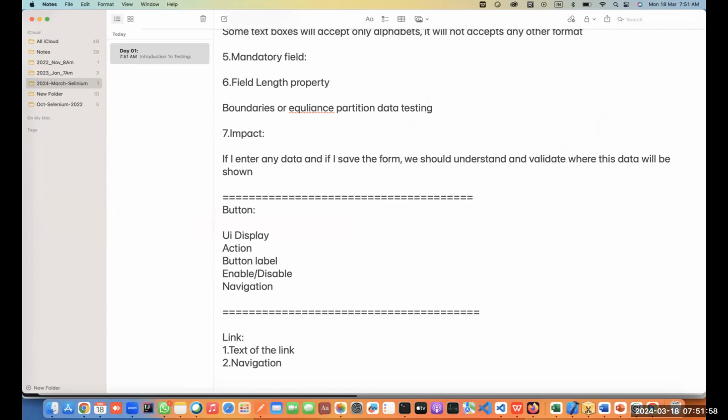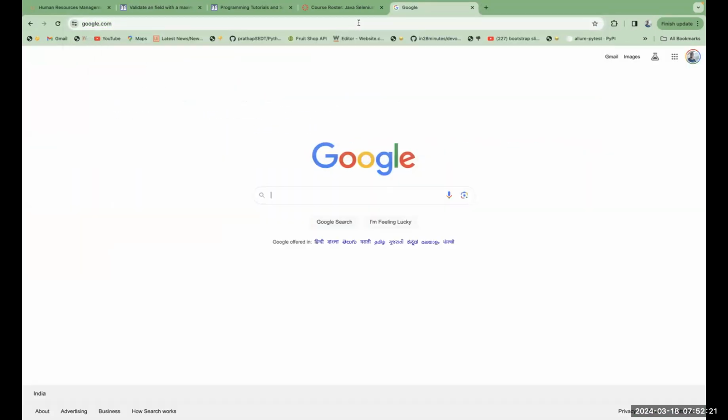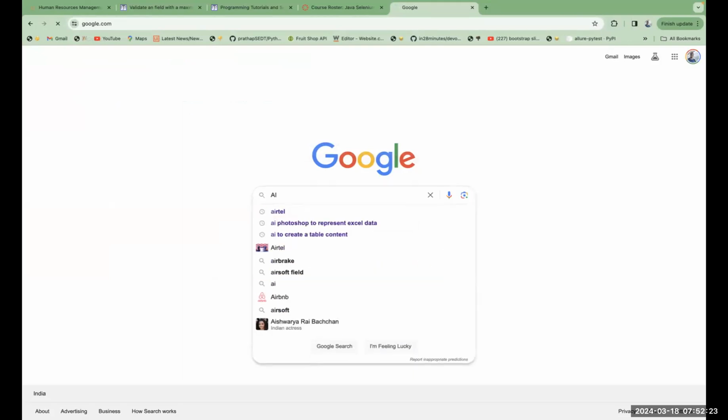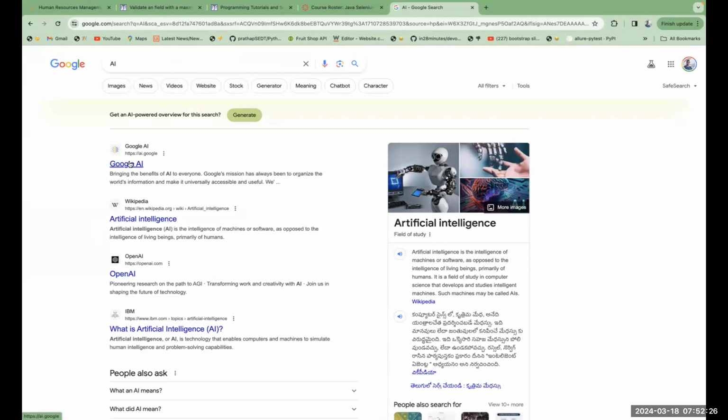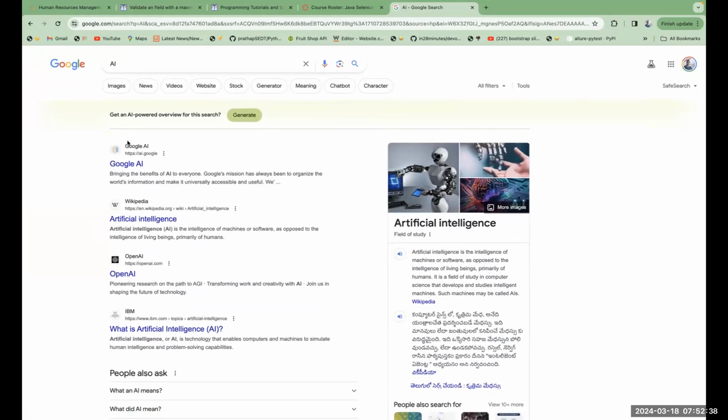So the third one is visited links and non-visited links. So for example, how can you validate the differences? Very simple. See, if I go to Google and click on my AI, now if you see here, I can see different links are available. Can you see? Different links. Now if I click on this link,